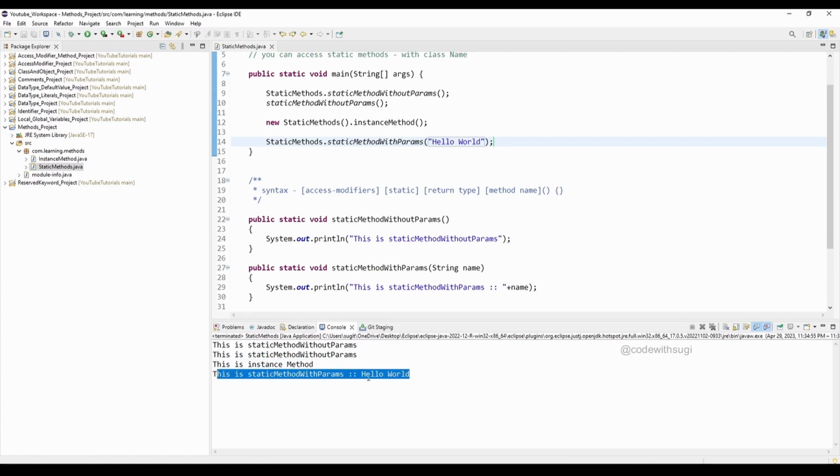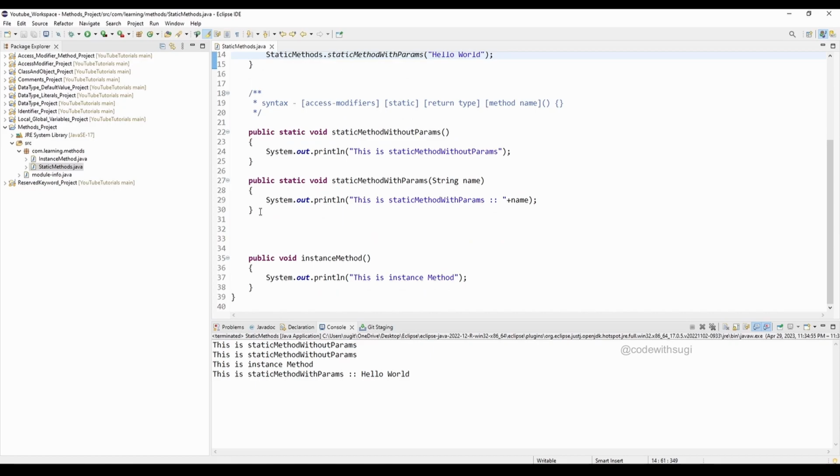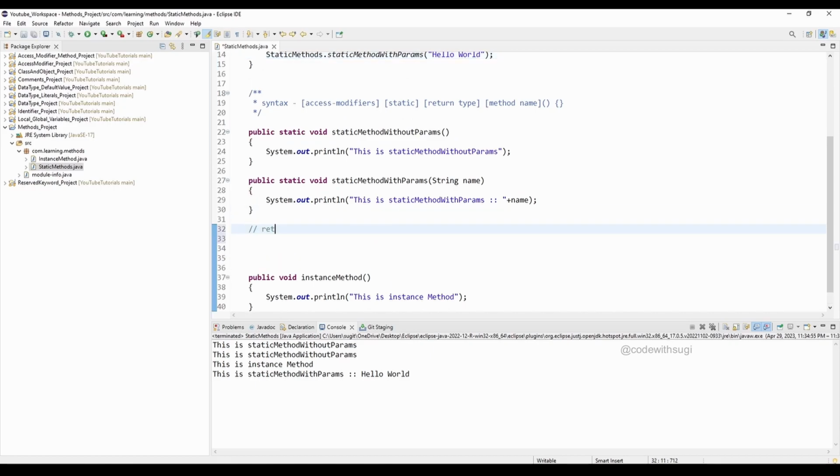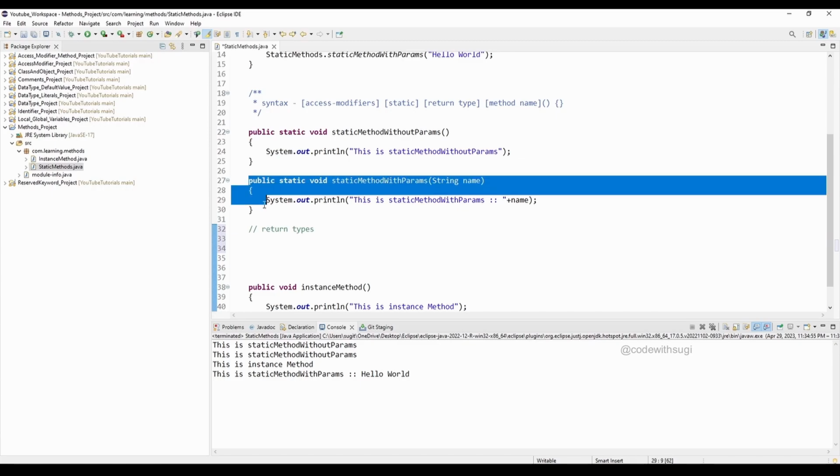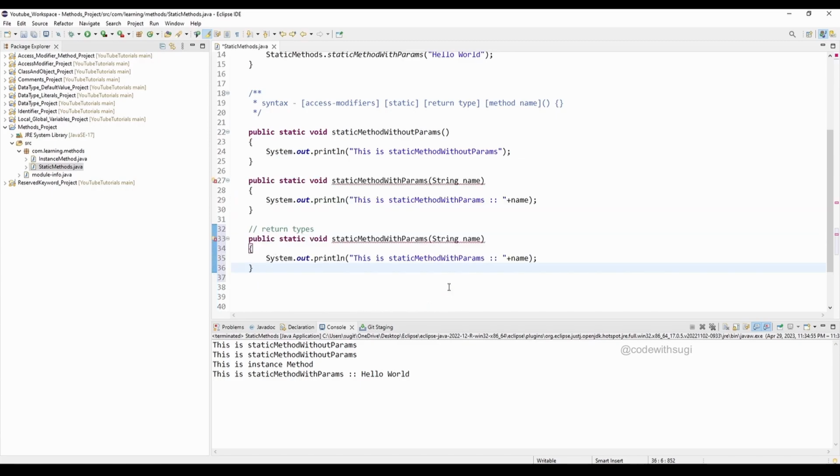This is a static method with parameter hello world. So the next type of method is with return types. Okay, so I'm going to just copy this method and I will paste it here. Okay, then I will say